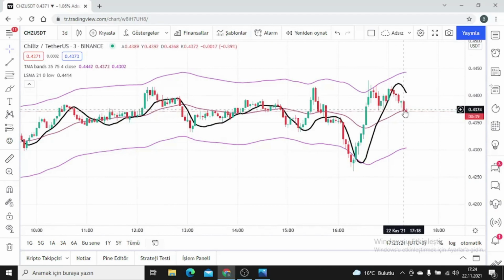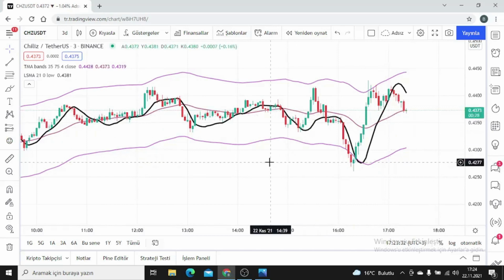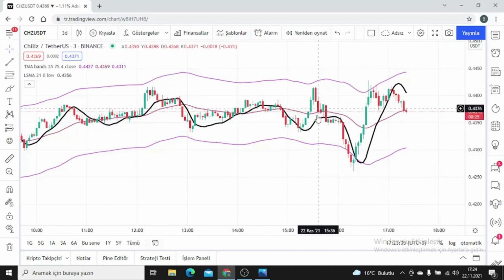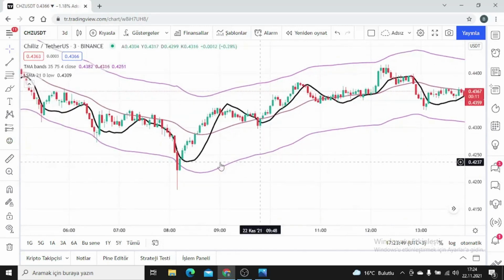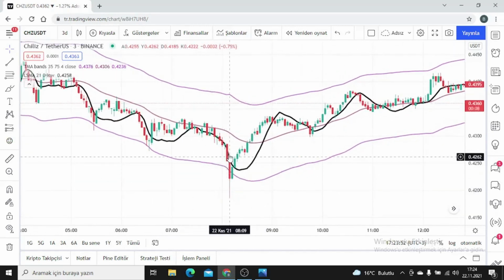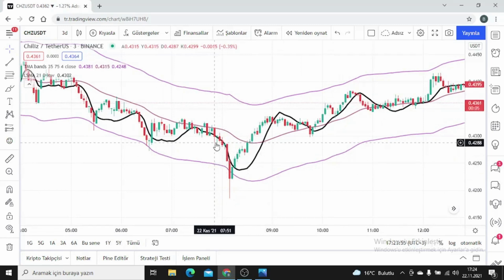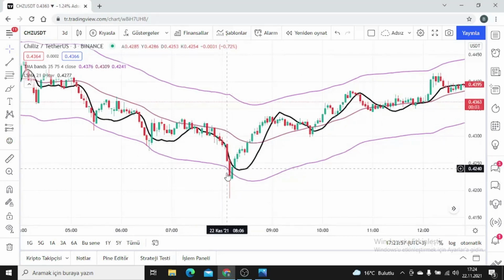As you can see, when the candle goes above the moving averages, we see that the price goes up. Likewise, here again, friends, there is an example. The price has sagged below the moving average and touched the middle band. If this candle closes above or below the middle band, we can predict the direction on the chart in this way, friends. For example, here is the price chart, and a green candle is lit again. The price has fallen below the moving average again, but the only difference here is that the price graph is above the moving average. Let's foresee that too.